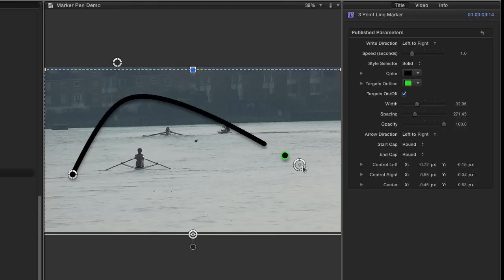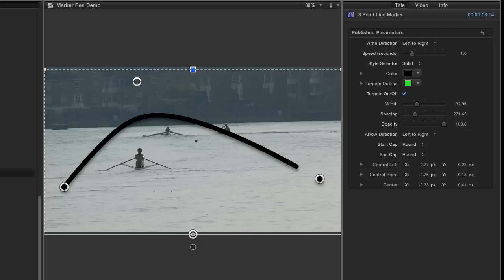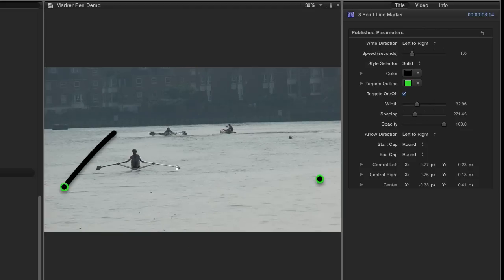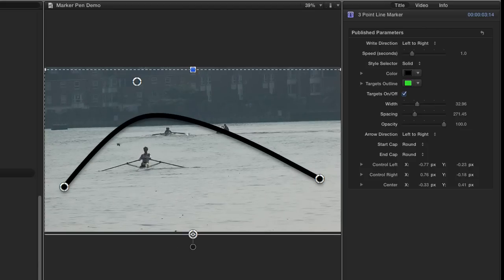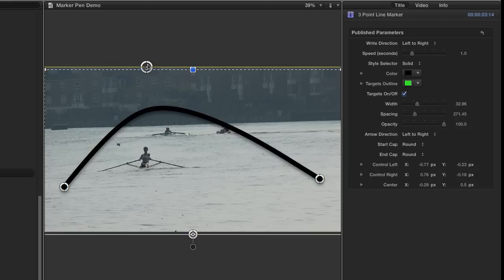So this has three controls, so you can set the middle as well as the ends,